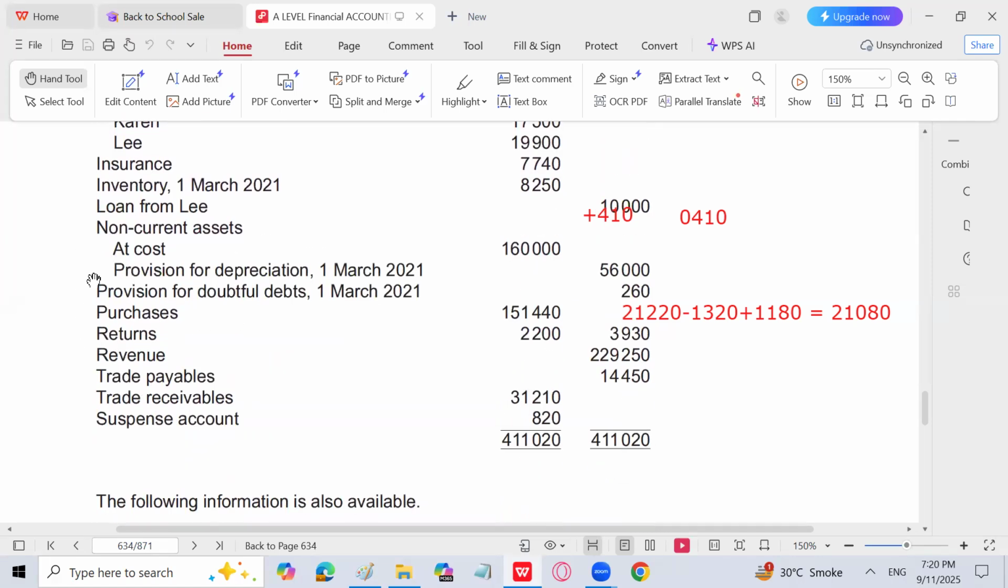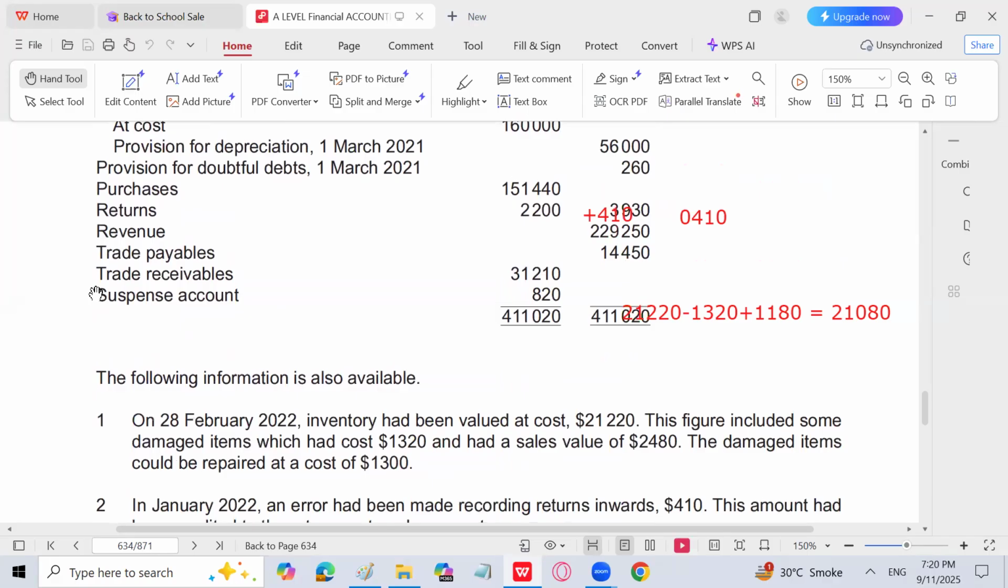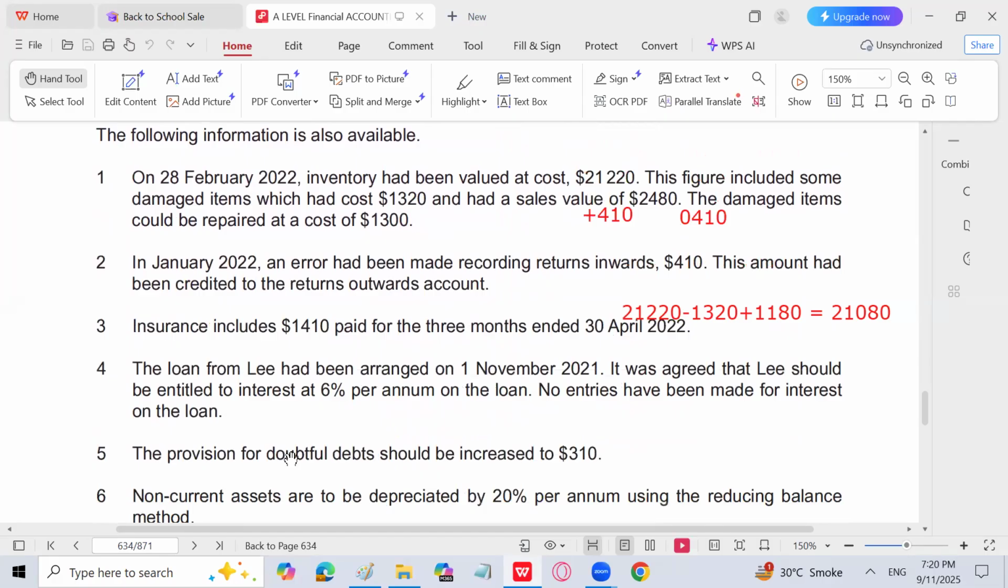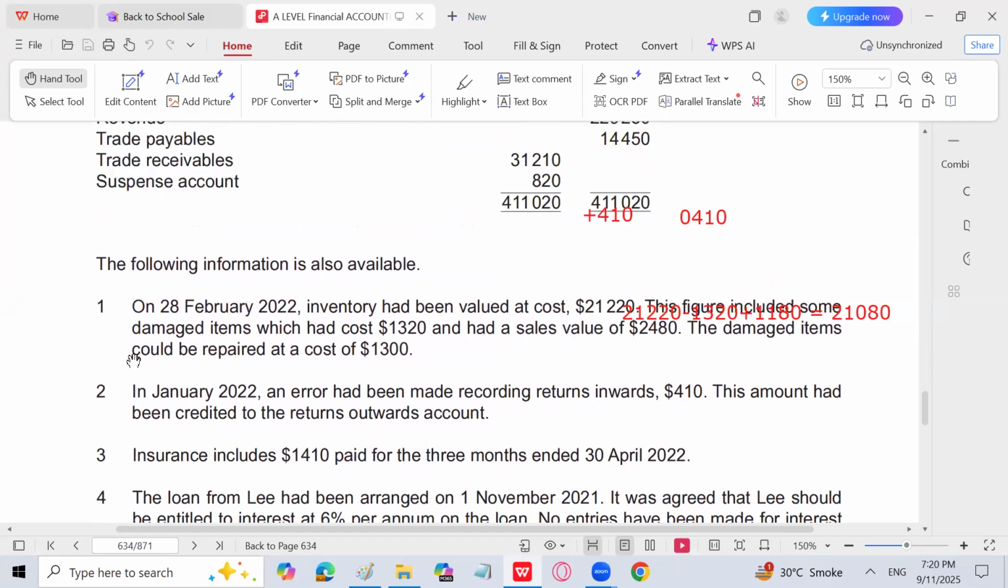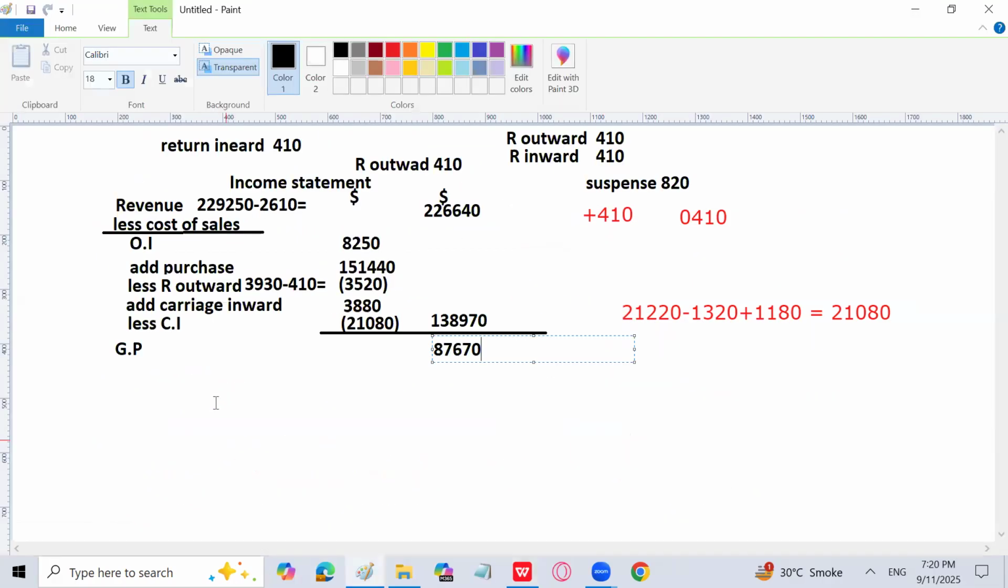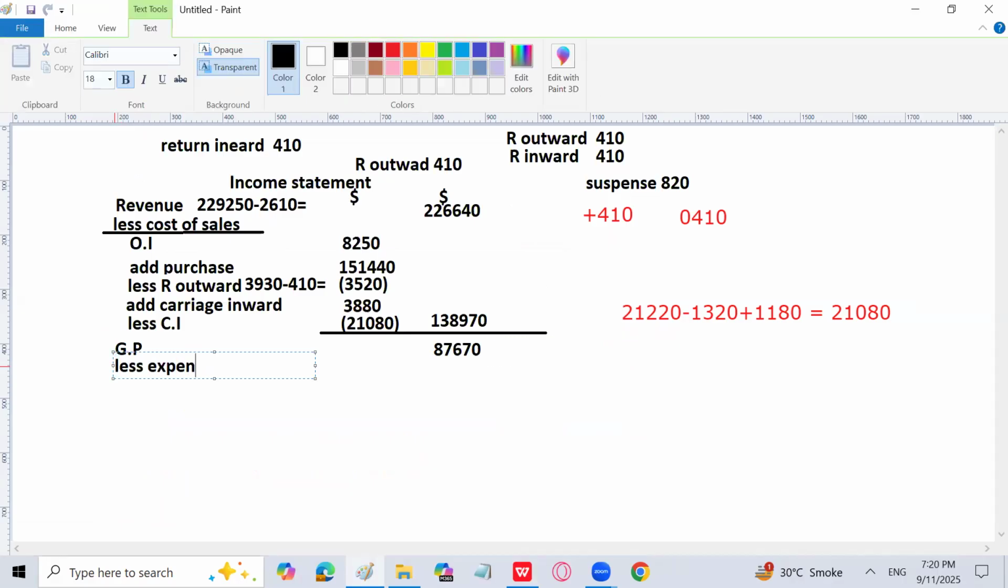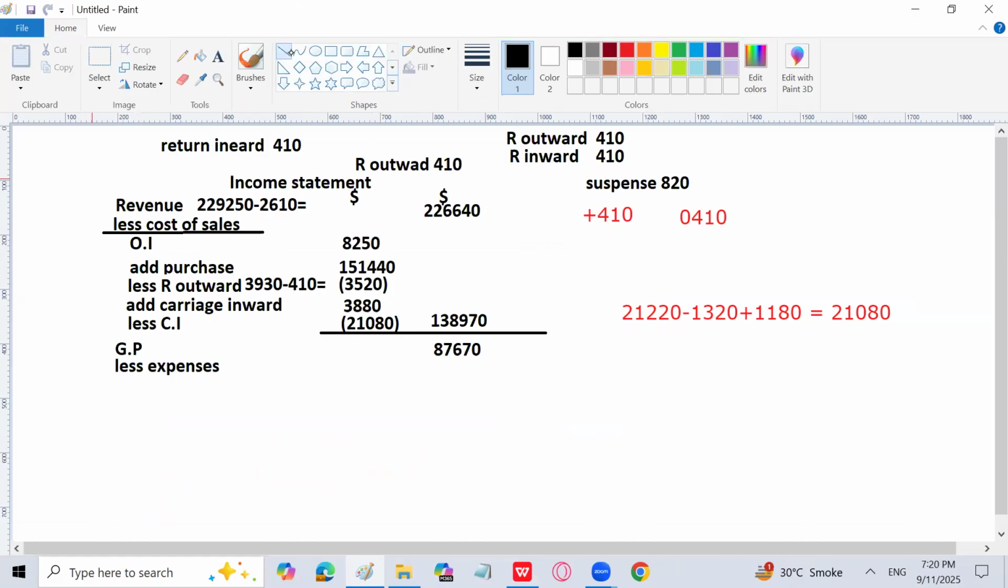So let's see, might be provision for doubtful debt might be supposed to be decreased. So let's see. First, provision for doubtful debt should be increased to 310. So it means there is no other income which is supposed to be recorded. So less expenses. So in the first instance, I will go with admin expenses, which is given in the question. So I will write here